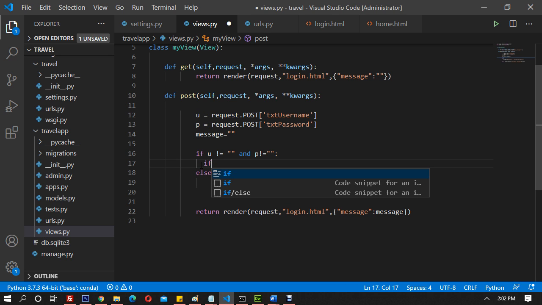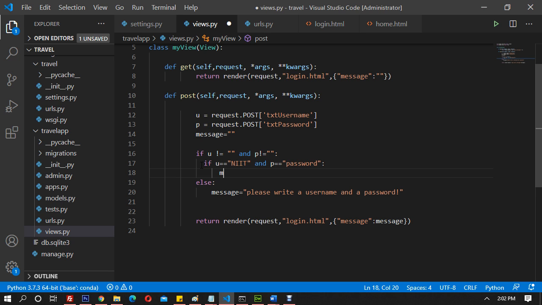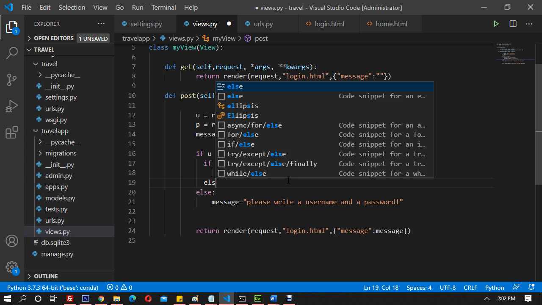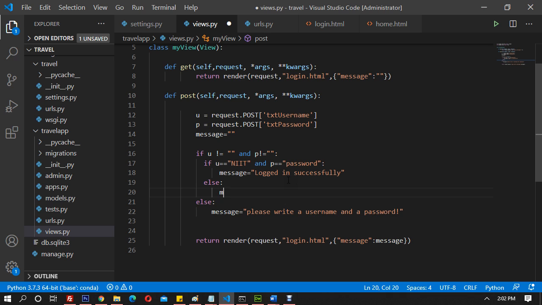I run another if here. I will say if u is equal to NIIT, hard coding it, and p is equal to password. We know that we have to get connected to the database actually in here, but still, I'll say message is equal to logged in successfully if it is equivalent. And if it is actually not, I can go ahead and say else, message